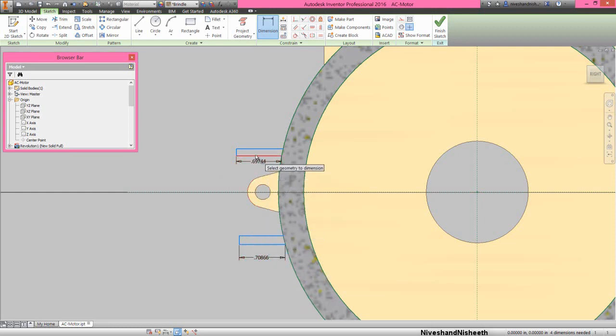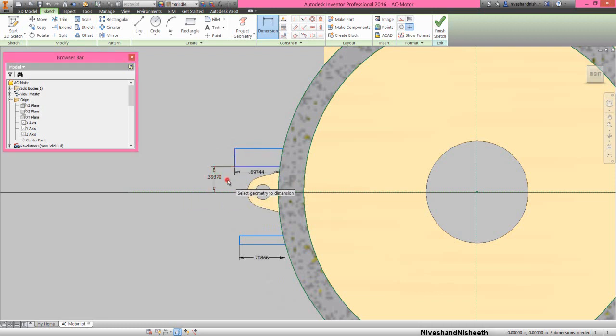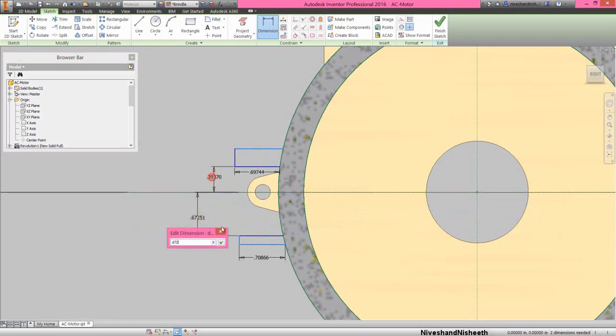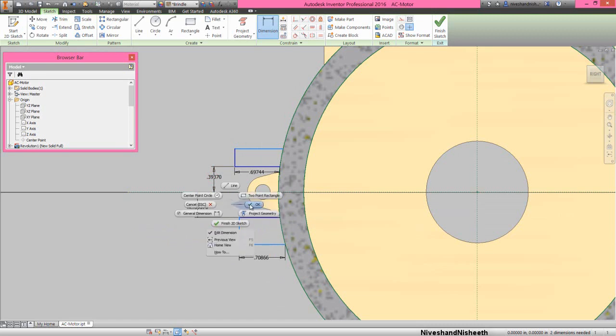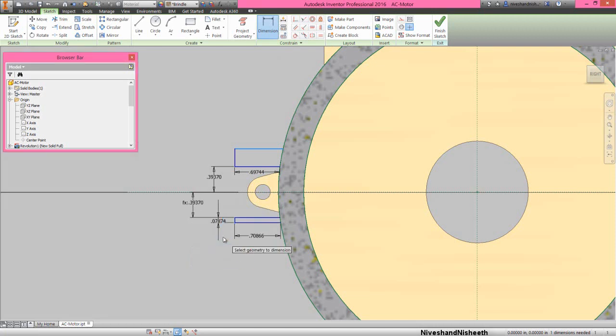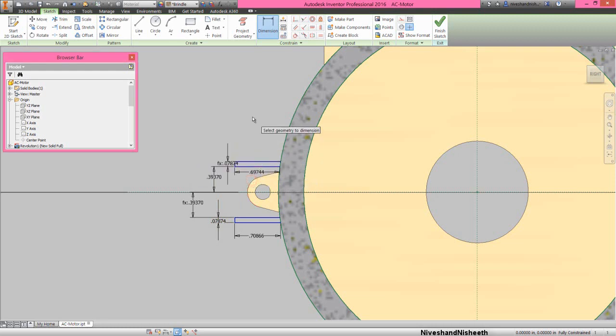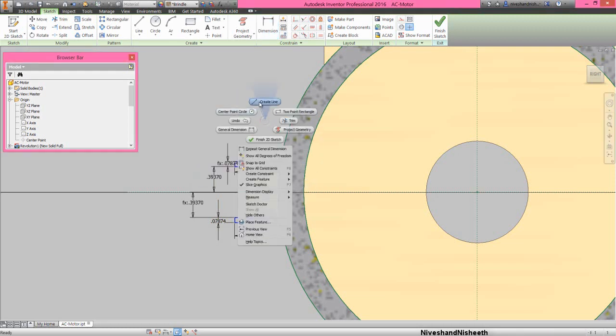Now we will apply some more dimensions on here to fully constrain the sketch. Now my sketch is fully defined.